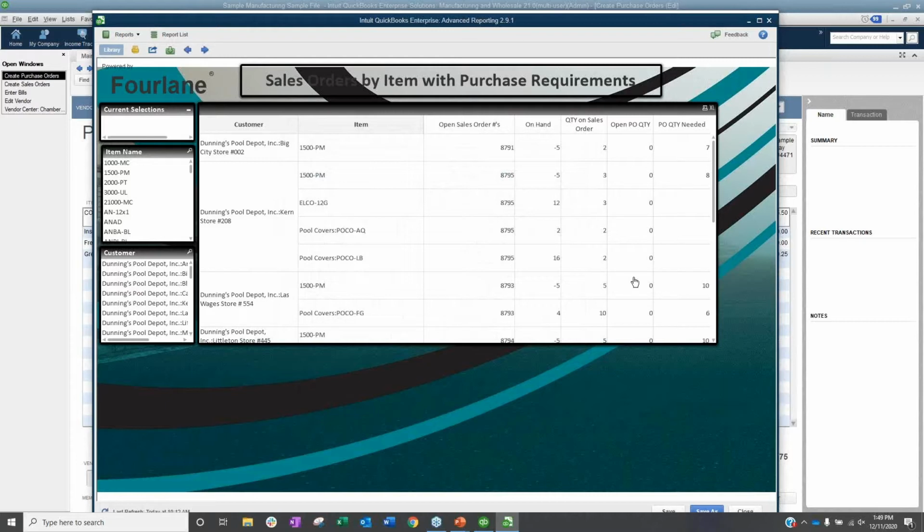So when did somebody use this? We have a customer that does custom landscaping design. They get an estimate, they put it in the system, they get approval from the customer, they flip it over to a sales order. Everything is custom, right? And that drives demand for the items needed to be ordered. On average, they have 80 to 100 jobs going at any given time. That's a lot of purchasing, and it's a lot of products, right? You can imagine in landscaping.